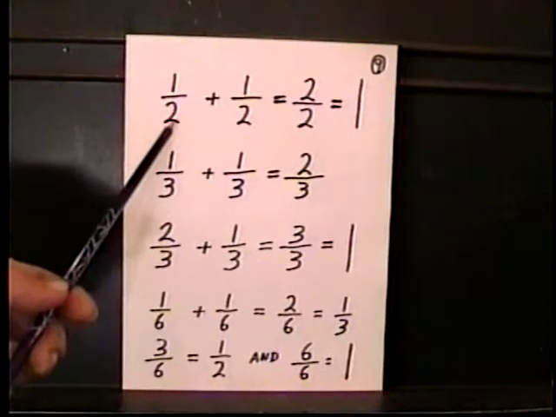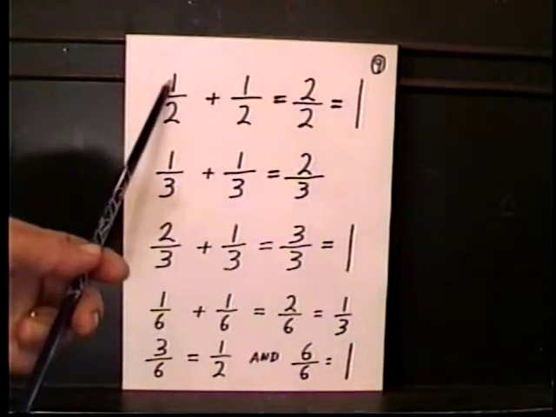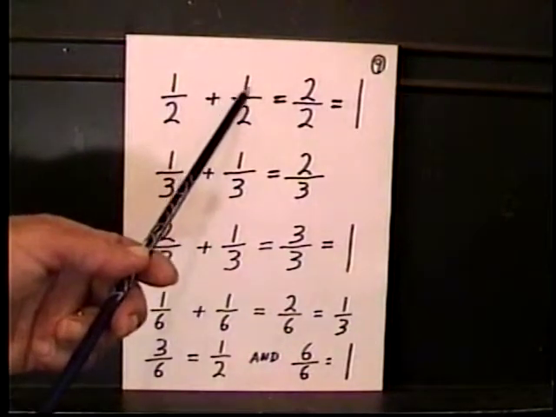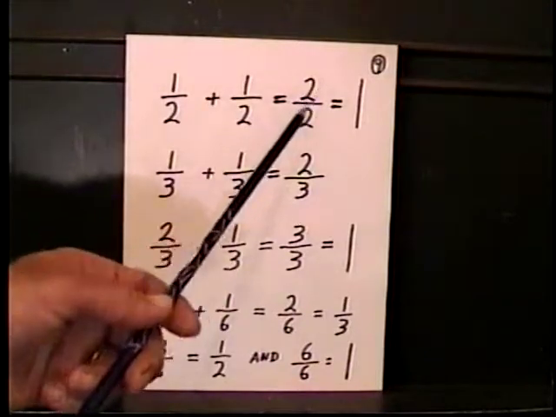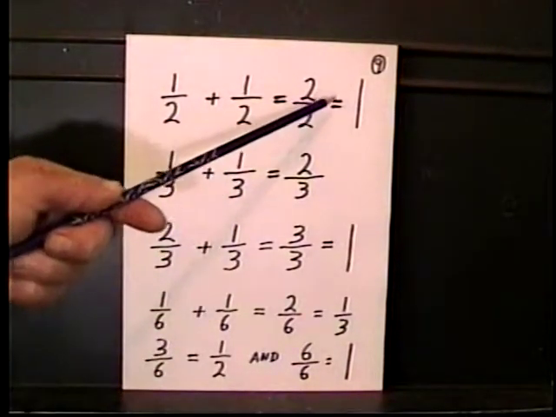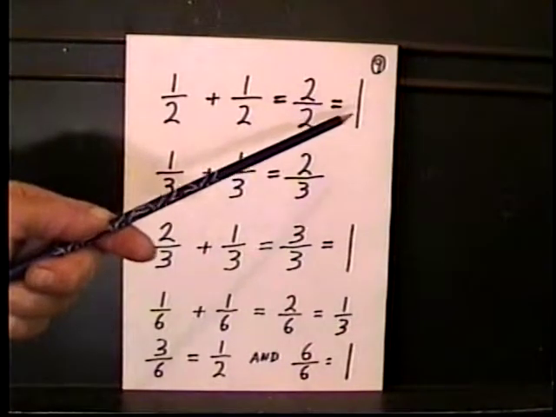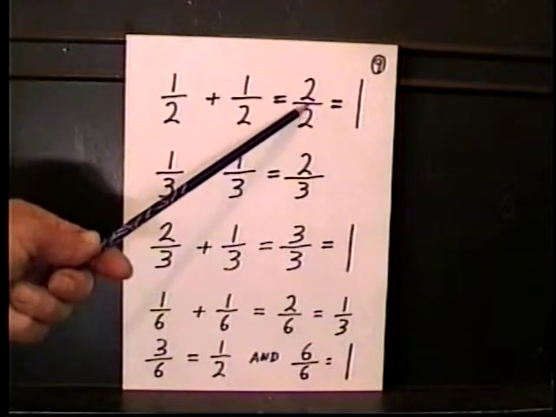It's the same number. That means they're equal in size. So if we take that one piece, add it to the other piece, we have 2 pieces, or 2 halves, and mathematically you say 2 divided by 2 equals 1,